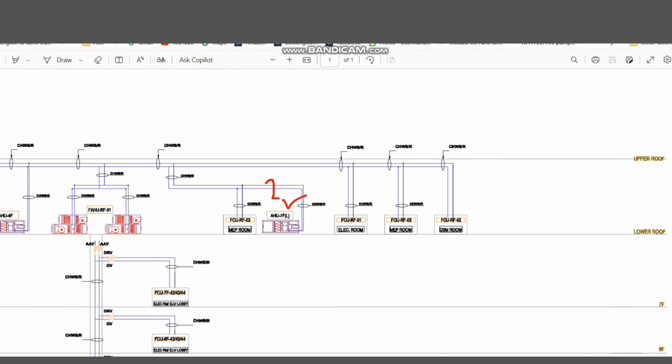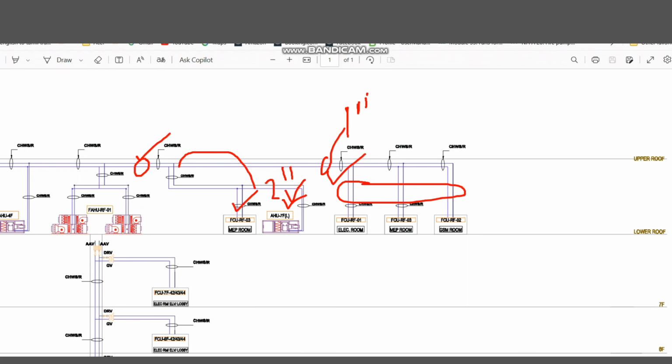So we can go with the 2 inch for this one, and here it will be 1 inch and 1 inch. Here it is 1 inch. On all these three it is 3/4 inch. And if you go to this area, then you have to add this flow and this 3 flow and this flow. So total, if you add all, you will get the answer here.